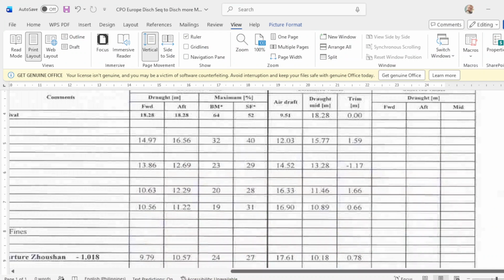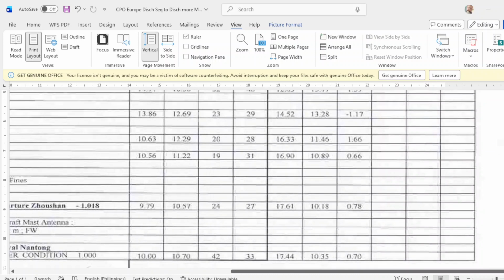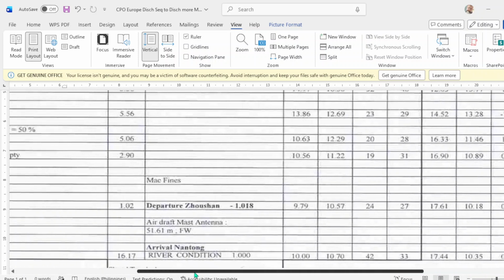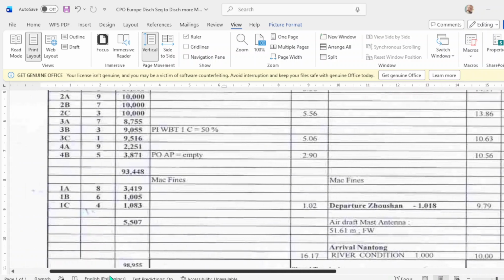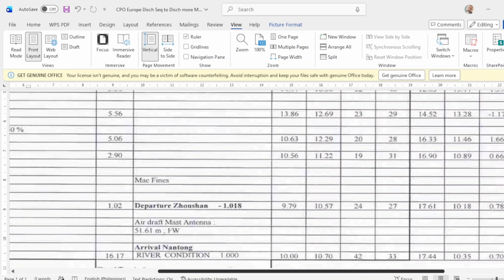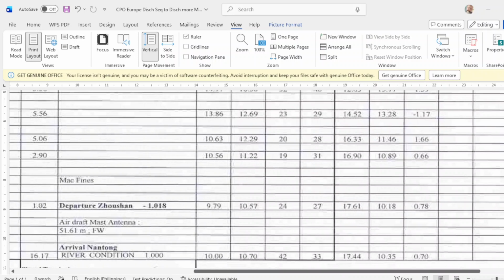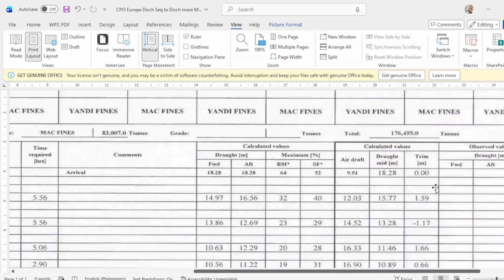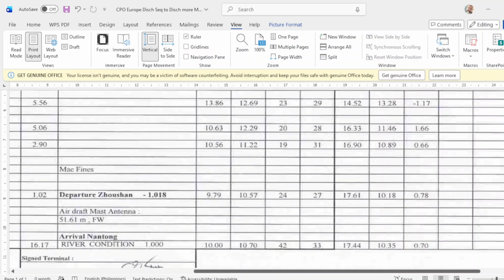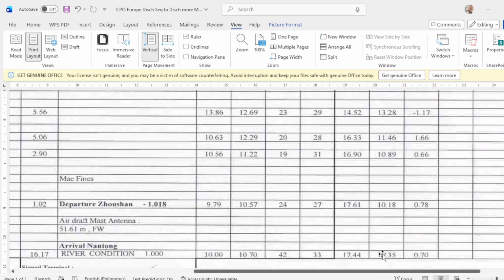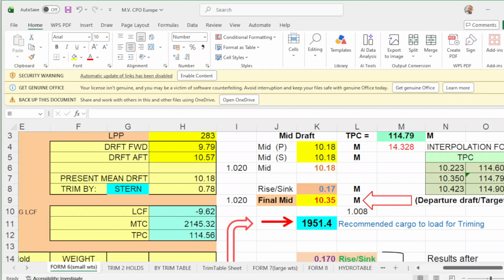So take note of your final draft. The final mid, which is this one, will be 10.35. Take note, 10.35. So you put here 10.35.